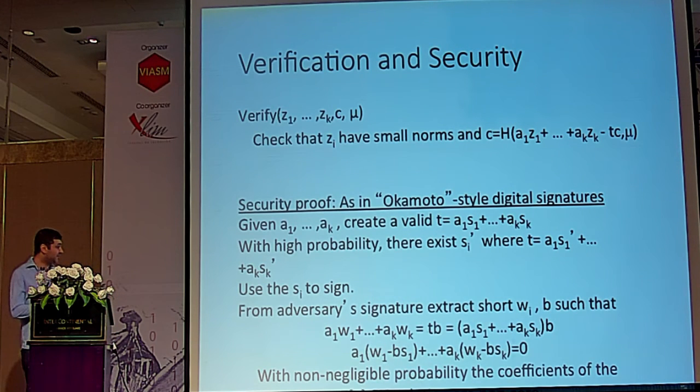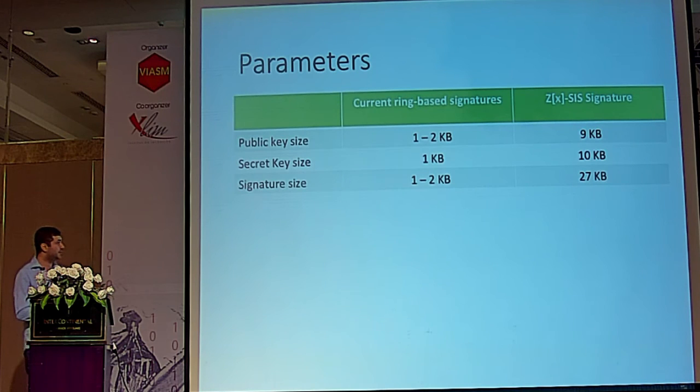But again, the main thing that we used is that there exist two solutions: there's S, the one we know, and the other one. This is what I mean by Okamoto style rather than the Schnorr-style digital signatures, where there's only one solution. Okay, so now if you set the parameters, we have this better hardness assumption, but actually, I would doubt that anyone would use this because, for example, for regular lattice signatures, you have public keys between 1 and 2 kilobytes, secret keys 1 kilobyte, signature size between 1 and 2 kilobytes.